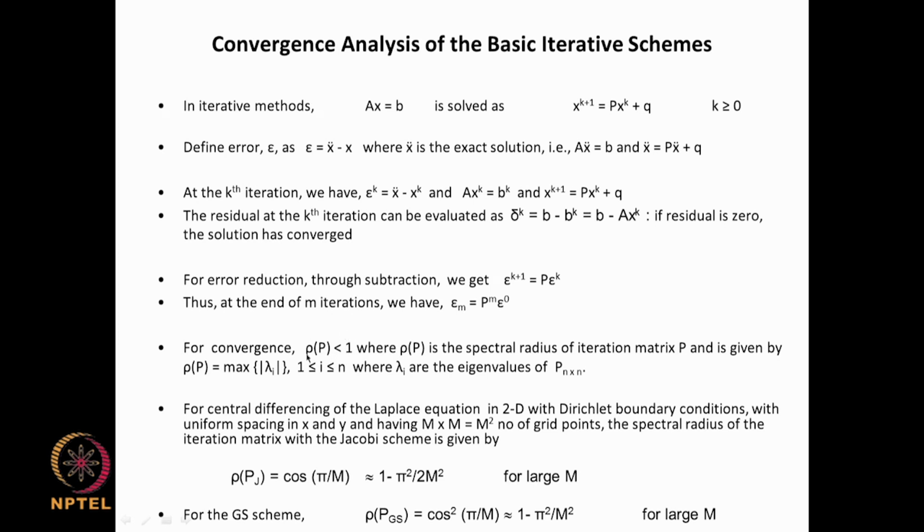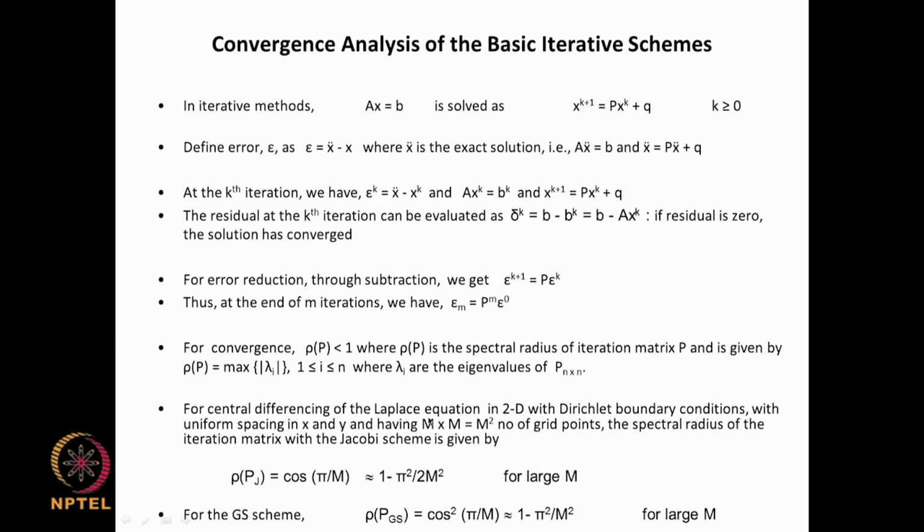and the rate at which it converges under asymptotic conditions, that is for large values of m, in which the influence of the smaller eigenvalues dies out, is given by the spectral radius. The closer it is to 1, the slower it is to converge. Okay. We do not know these eigenvalues for the general case. So in the specific case of the Laplace equation, 2D, Dirichlet boundary conditions, Jacobi method, uniform spacing and all that,